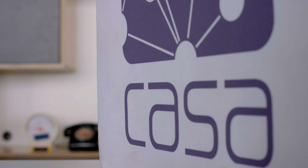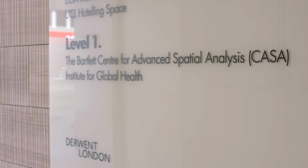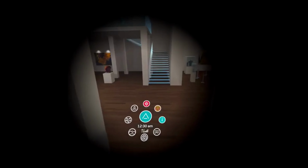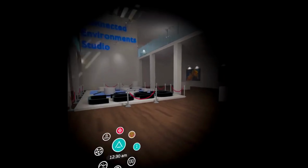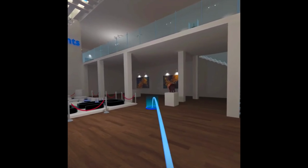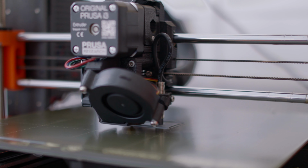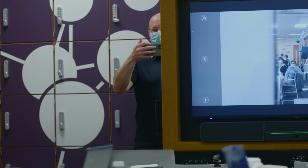The MSc in Connected Environments is a new programme within CASA, the Centre for Advanced Spatial Analysis, and it's focusing on the digital technologies that are required for us to be able to instrument and observe our built environment. A key part of the philosophy behind the course is learning through doing, learning through making. So the work here at CASA is quite hands-on, quite applied, building a lot of things, tinkering around with technology